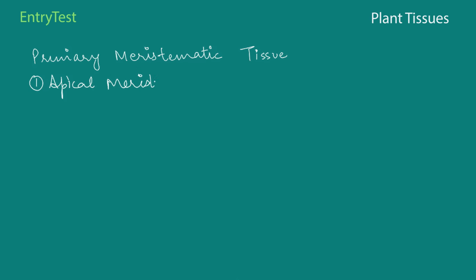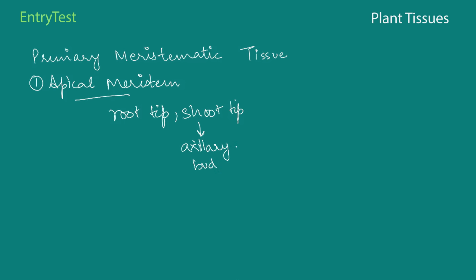Now, if you remember the videos and the subject matter on what is a meristematic tissue, what are meristematic cells, you might remember they are present in the root tip and in the shoot tip. So that is where the apical meristem is present, in the root tip and in the shoot tip. Now also in the shoot tip, one more extra feature of the apical meristem is that it can develop into the axillary part, which will later give rise to either a branch or it's going to give rise to a leaf or a new flower. So that is the axillary bud.